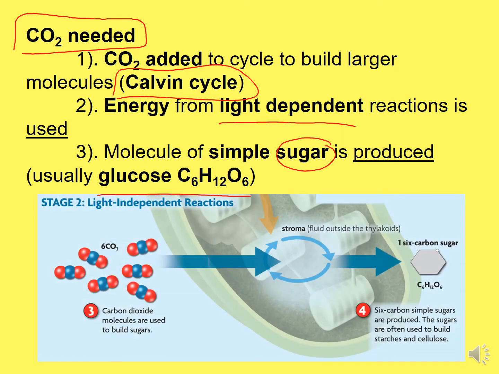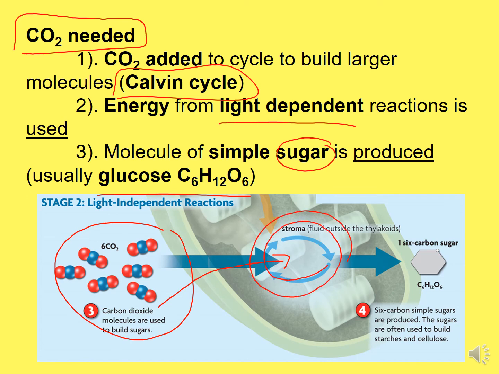So here it is. Once we get here, remember plants take in carbon dioxide, right? This is us breathing out the carbon dioxide. The chloroplast captures it, and this makes the sugar. The carbon dioxide goes through this, and you see it's a cycle. Inside the stroma, it's going through a cycle, and again, that cycle we call the Calvin cycle,